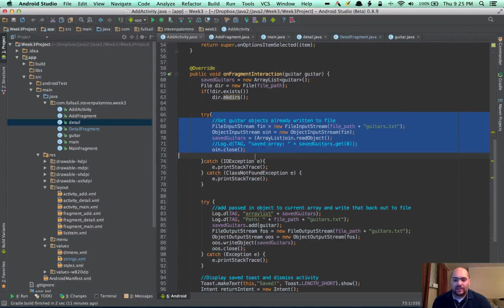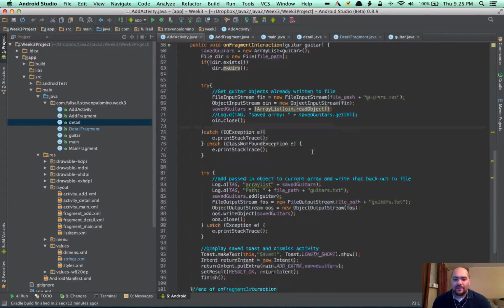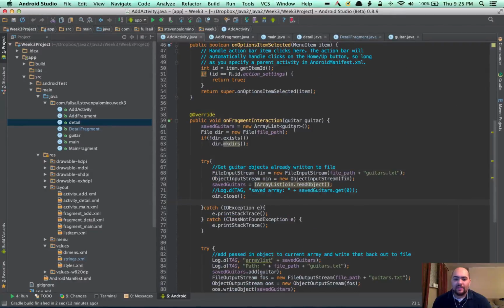So over here I'm getting the objects, and once it's added in the fragment, it'll pass it back to the activity, and so it will take what's already in there and then write it